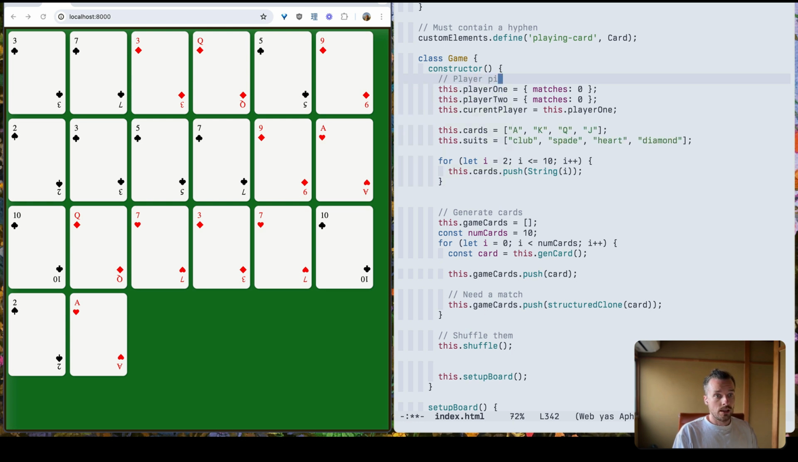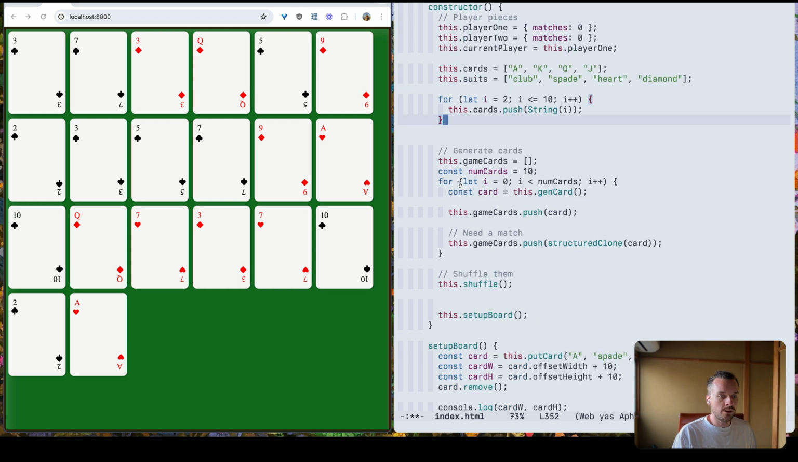And then we create the cards. So ace, king, queen, jack, suits, club, spade, heart, diamond. And then from 2 to 10, we just create those cards. So now we have all the different styles of cards possible. And then we want to randomly generate the cards. So basically what we're doing here is